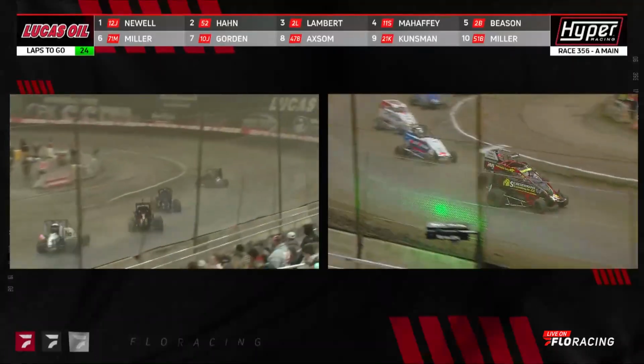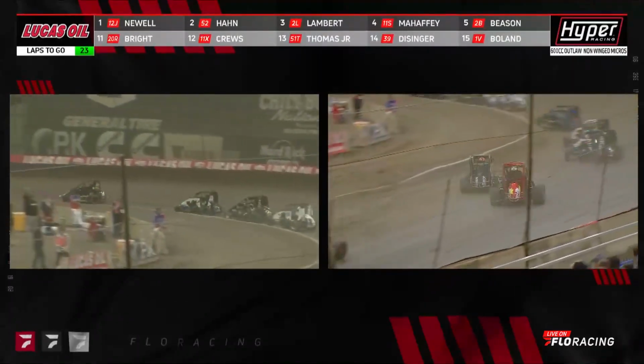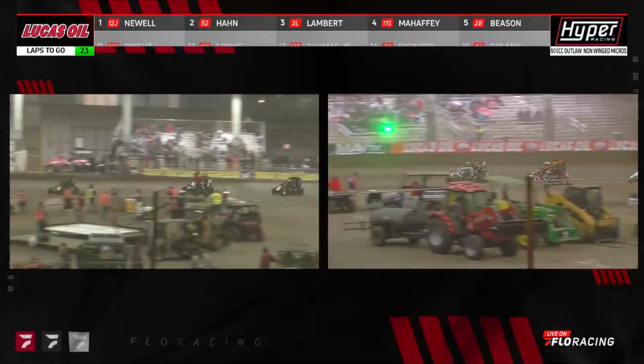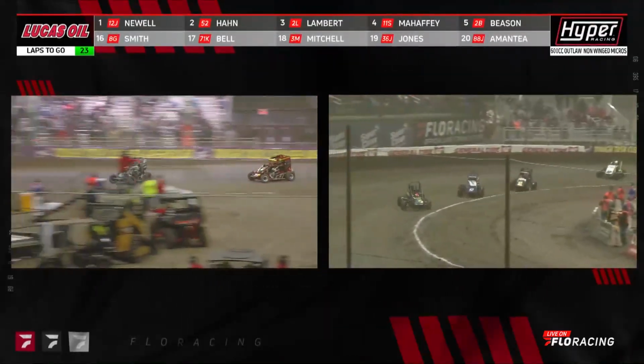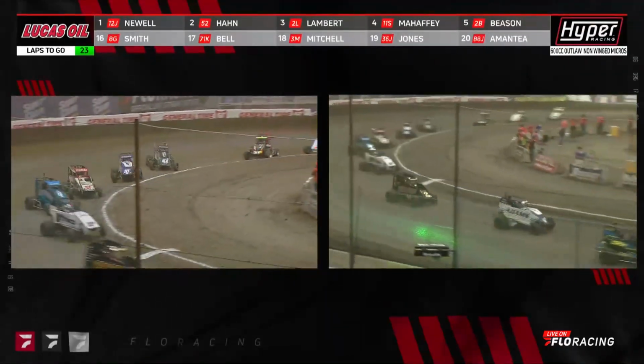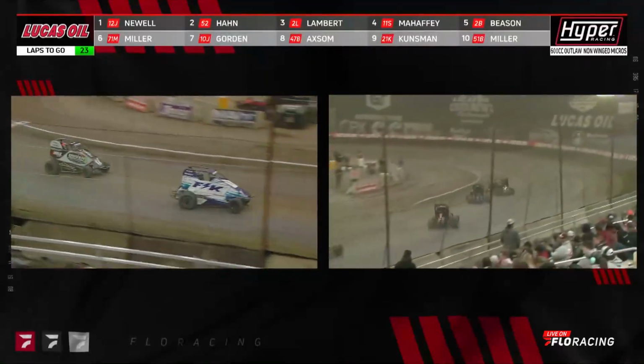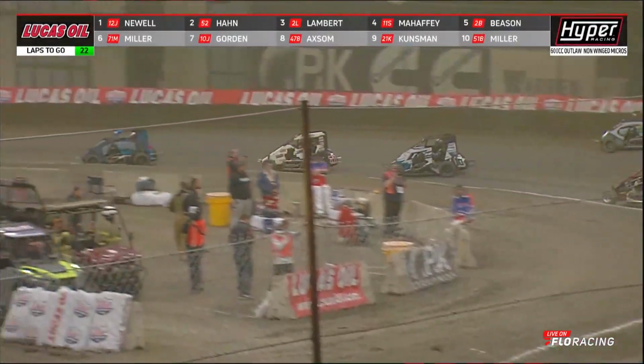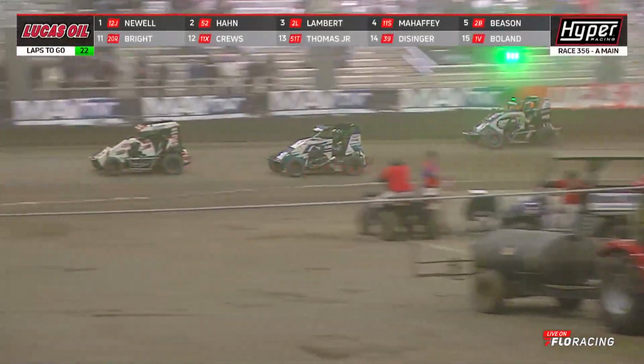Behind them Dominic Gordon and Emerson Axsom, who drop back. Axsom this time dropping underneath. Thomas Koontzman taking over the 8th spot. Reminder that the defending champion of this race, Chris Carroll, is not in it, so we will not have back-to-back champs. Out front, it's Newell and Hahn getting closer and starting to apply pressure to your leader as we approach